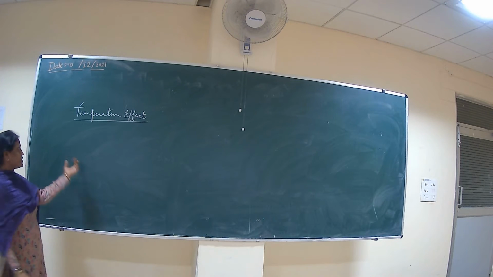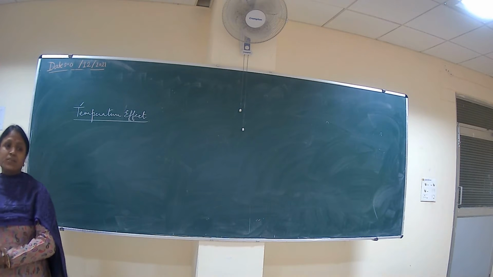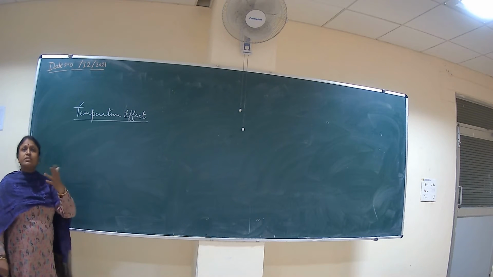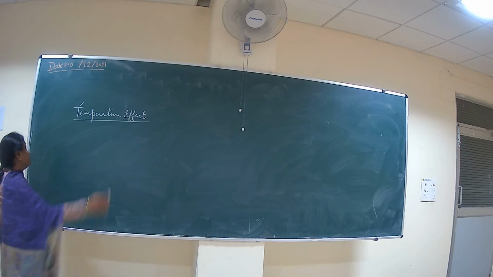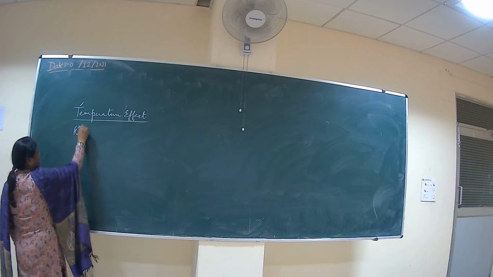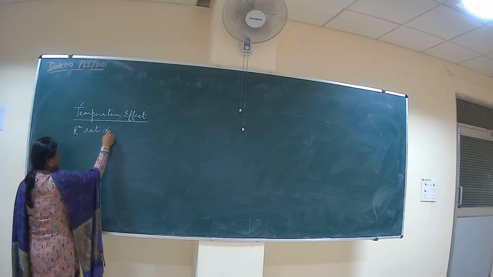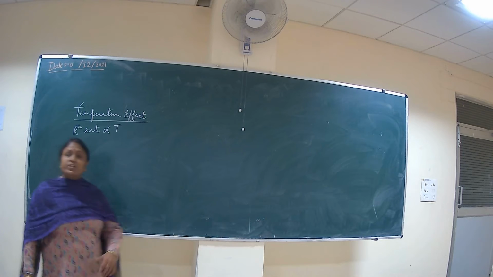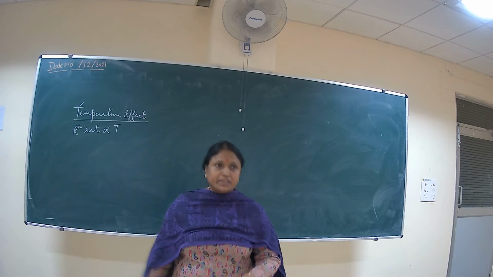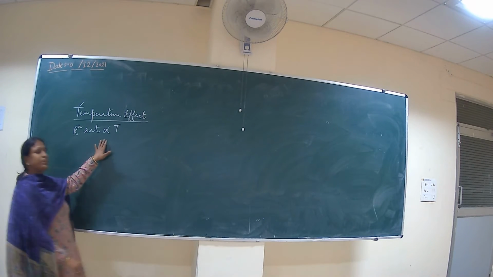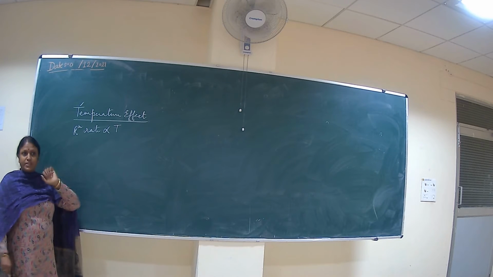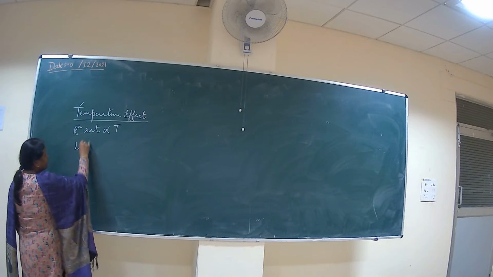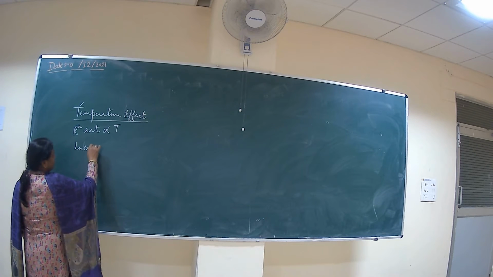Now temperature effect means the rate of reaction is directly proportional to the increase in the temperature or change in the temperature. So here reaction rate is directly proportional to temperature. Means if the temperature increases, the rate of reaction increases, and if the temperature decreases, the rate of reaction decreases. Okay. So when there is increase in temperature,